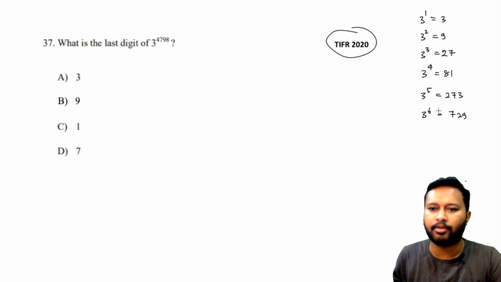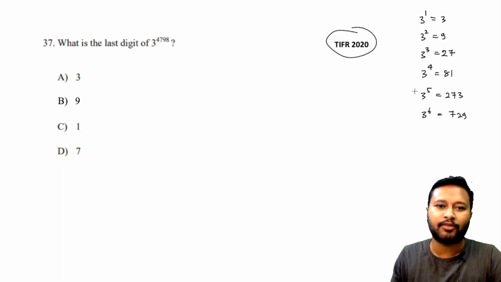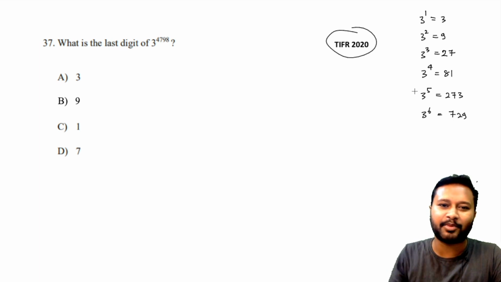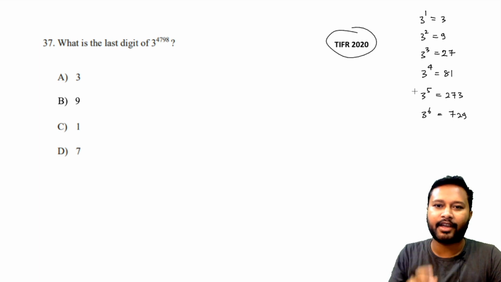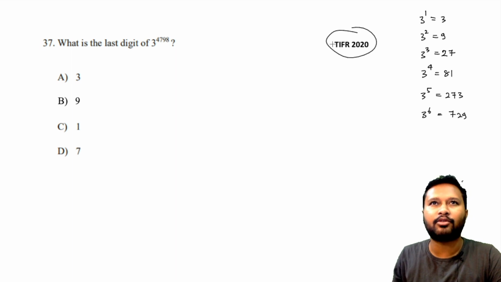One thing is that you are provided with a calculator in the exam, so you can simply do that also, okay, but fine. In 2020, I don't remember whether the exam was online or not. So how to solve this question if a calculator is not there? Just understand that you just have to look at the unit digit.